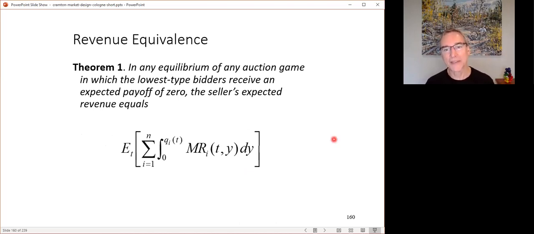In any equilibrium of any auction game in which the lowest type bidders receive an expected payoff of 0, which is very natural, the seller's expected revenue equals the expectation of the sum of marginal revenue integrating over all the quantity that's awarded to each of the winners. I just integrate marginal revenue and then sum over the bidders. So this theorem basically says that in fact, that formula